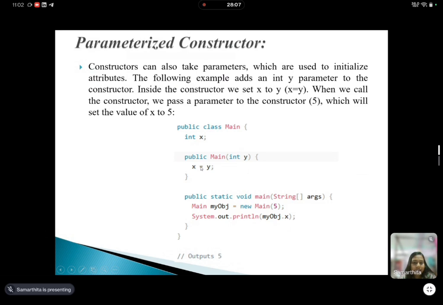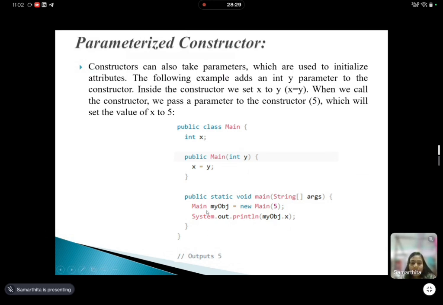See, here I have declared x, and one parameter y is added to the constructor. And inside the constructor, we set x to y. Okay, that is declared, x equals y. And when we call the constructor, we pass a parameter 5 to the constructor.